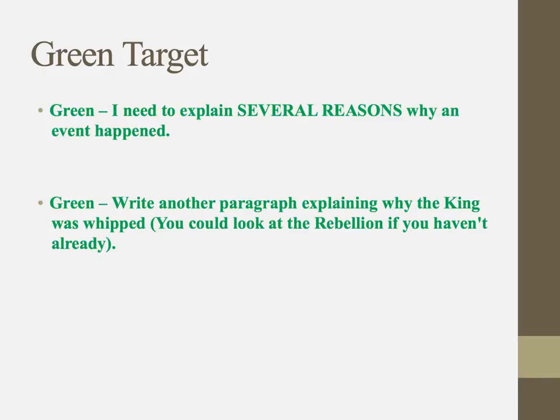So part of the mark scheme for this is about explaining more than one reason why an event happened. Okay, this is obviously the green target. So basically in my head there's 3 reasons. First of all, at first you think, oh, because Becket was killed and the king was involved, that's why he's been whipped. Then when you think about it more closely, there's a paragraph about the rebellion. Why does the king wait 4 years to agree to being whipped? That does coincide with the fact there's a rebellion, and the Pope asks him if he wants his support against the rebels, he has to show he's sorry. So clearly that's another reason for him being whipped, some would argue the most important.